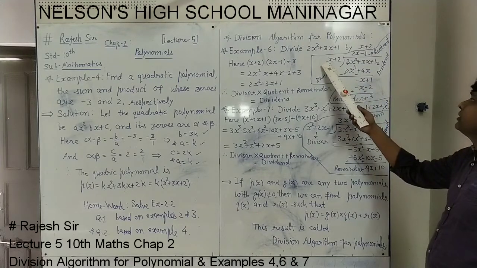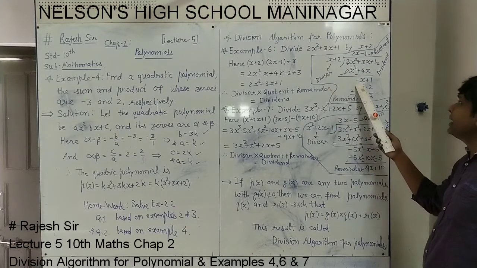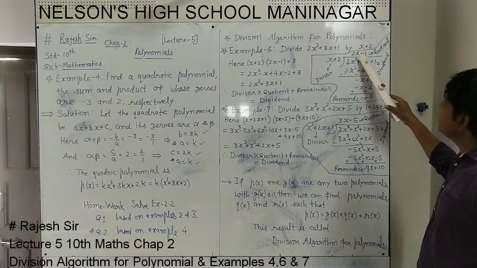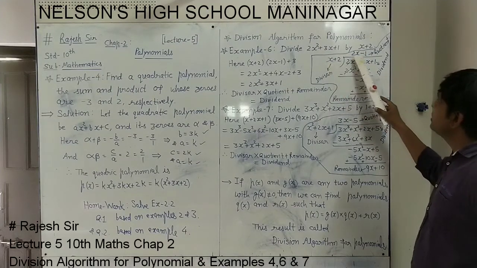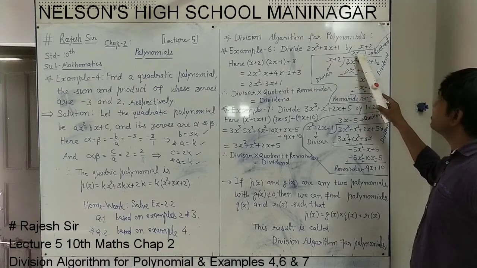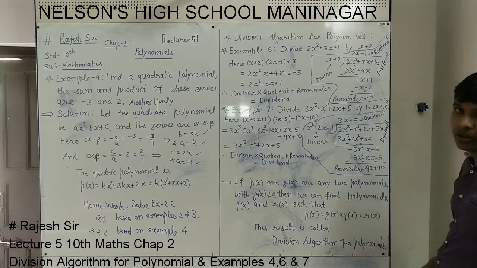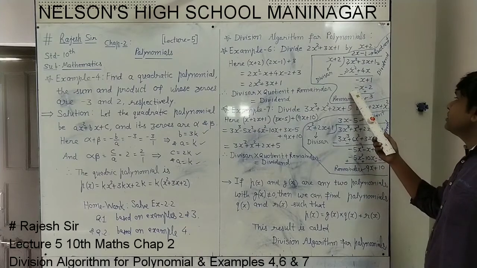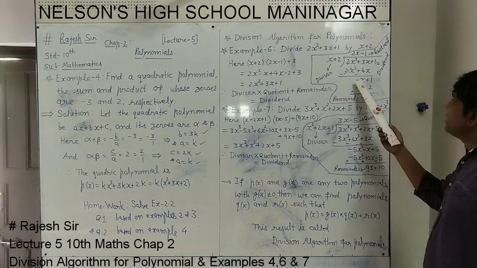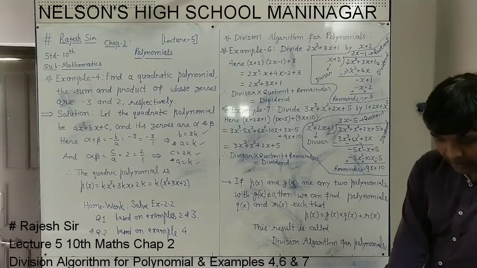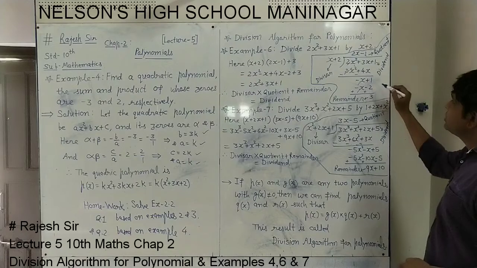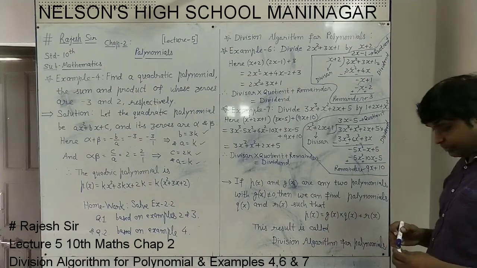And what do we have here? x. In x, how much will we multiply to get minus x? Just minus 1. So here we have written minus 1. So by this minus 1 we have to multiply both of these. Minus 1 into x is minus x. Minus 1 into plus 2 is minus 2. Then again the sign changes, this minus is considered as plus, this minus is considered as plus. So this plus x and minus x cancel. And plus 2 and plus 1 will be plus 3.